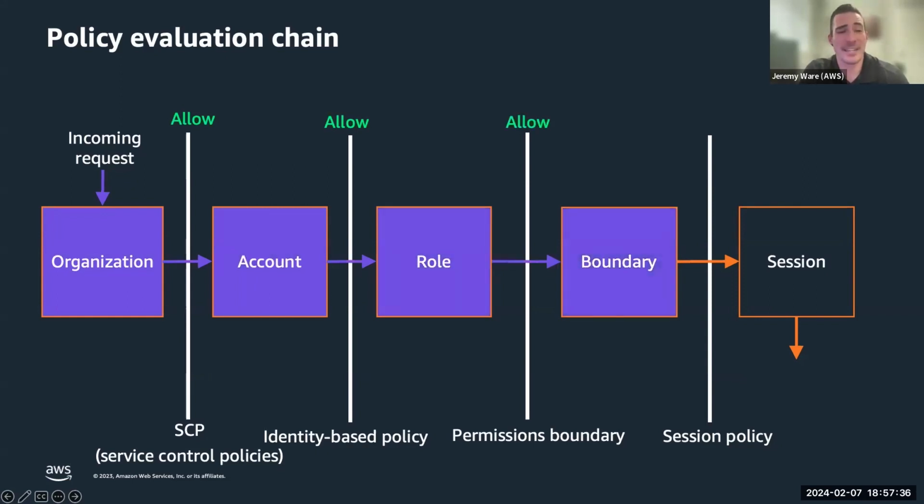And then we're going to check any session policies that apply to that specific assume role session. If all allow, then we're going to go ahead and allow that request. Now, we didn't mention resource-based policies here because this is assuming that they're within one account. If you were doing cross-account, then again, you would also need an allow in the resource-based policy in order for all of this to work.